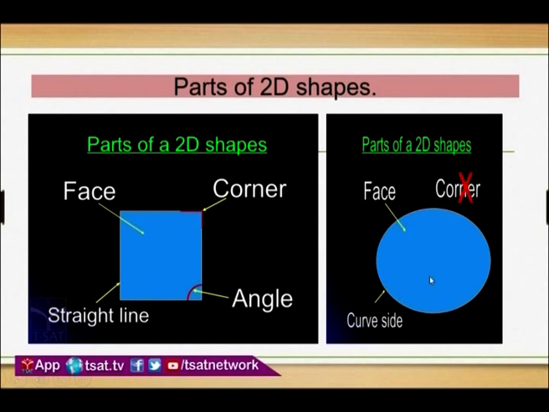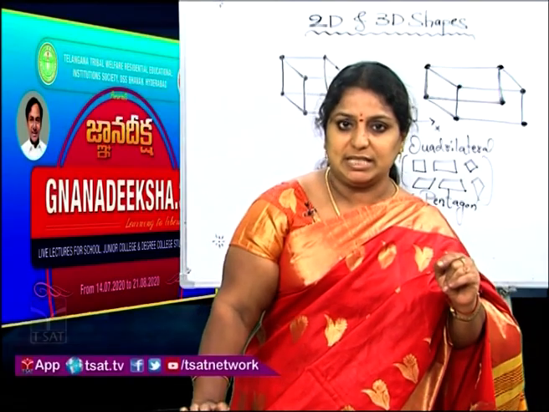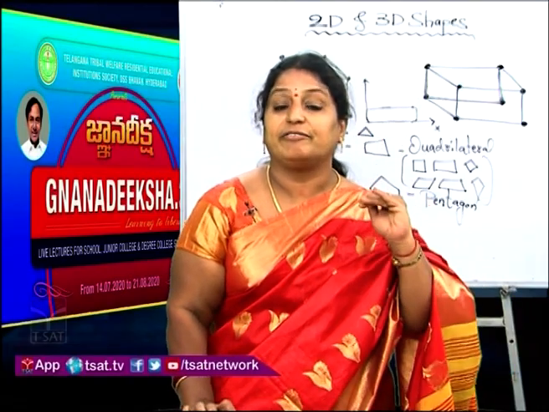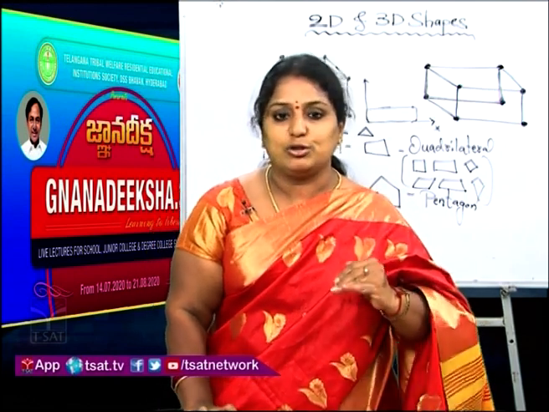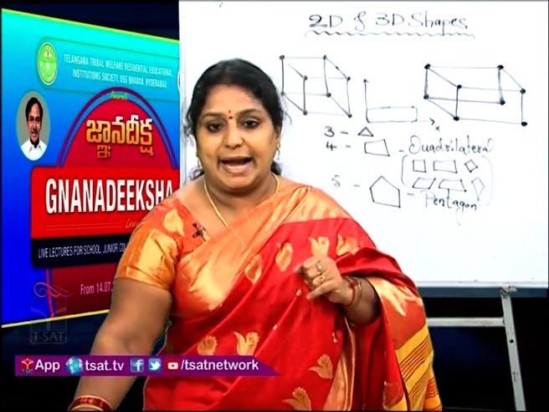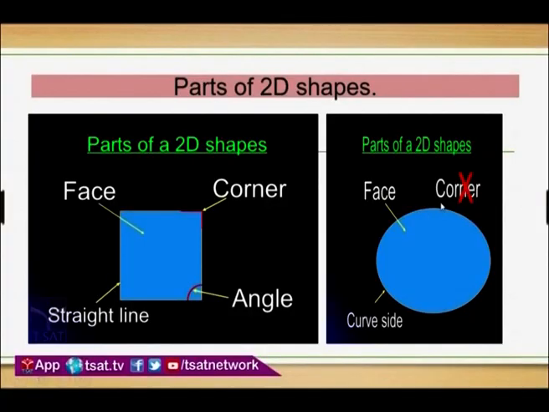Now see the next picture, the circle. What is the difference between the first image and the second image? The second image we call a circular face, whereas the first image we should call a flat face. Why? Because for polygons we use the word flat face, but any figure formed by a curved line, we say circular face. And it doesn't contain any vertices. It contains only one circular side, that is a curved side, a curved edge we will say.